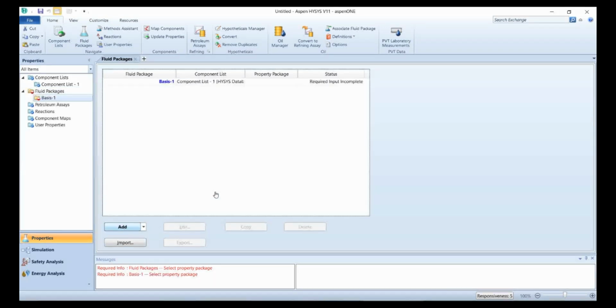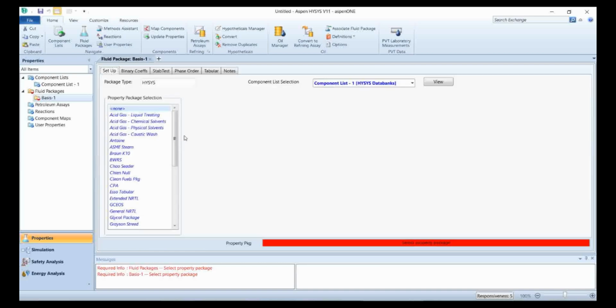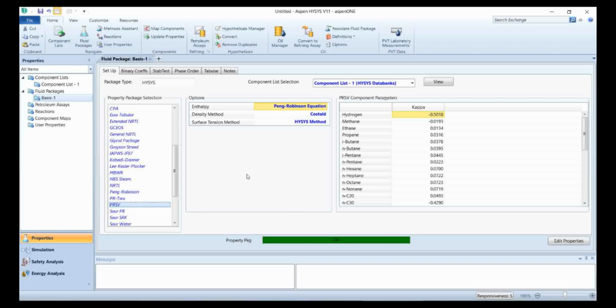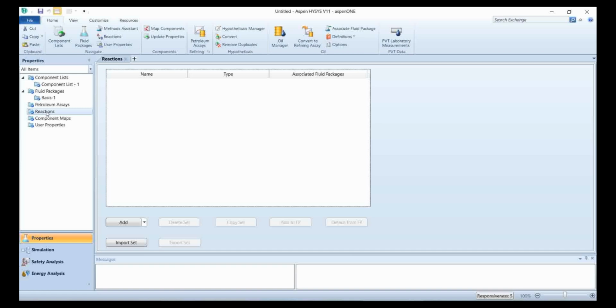So add fluid package. Now in setup, we will use the PRSV model for our simulation. You can see the property package status bar has changed to green. Now it is ready for our simulation.